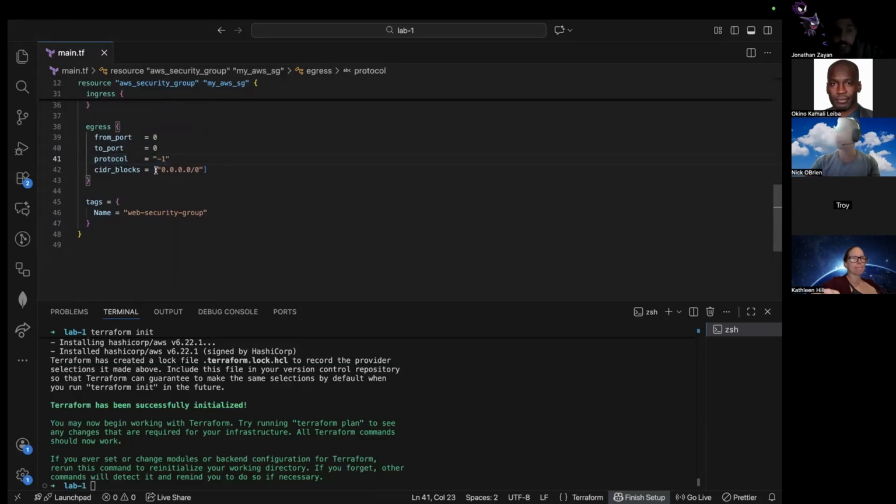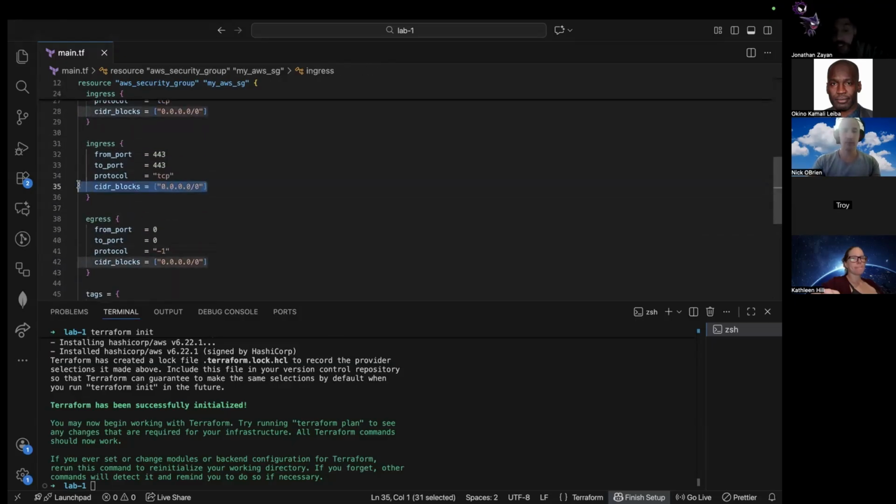Without limitations. So same way that this allows any visitor without limitation, this allows us to connect to other things without limitations as well. Once again, not secure, but for testing purposes, it's very common for labs and personal projects. Well, minimal personal projects.